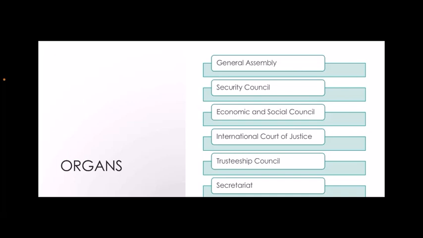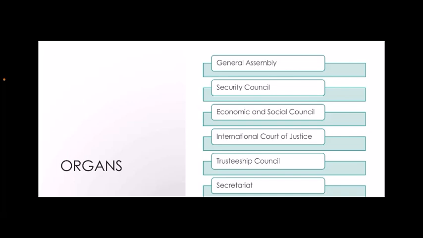The next organ is Trusteeship Council. After Second World War, the territories that were undeveloped were placed under the responsibility of the developed nations. Now, the developed nations were supposed to help bring about the development of these territories, and once they attained independence from their colonies, help establish democracy. The work of the Trusteeship Council is over as there are no trust territories left.